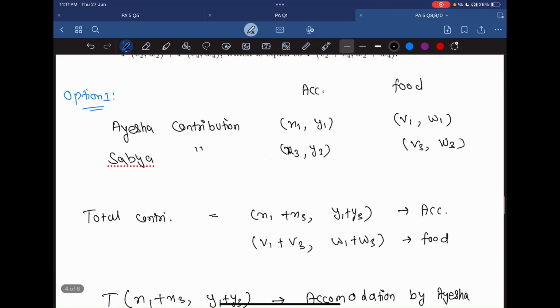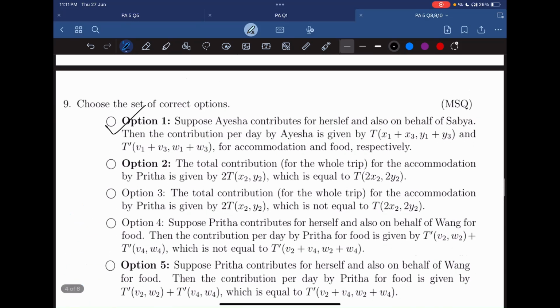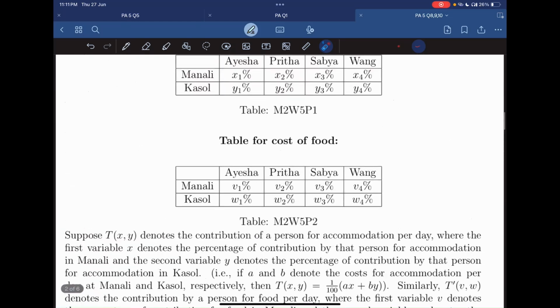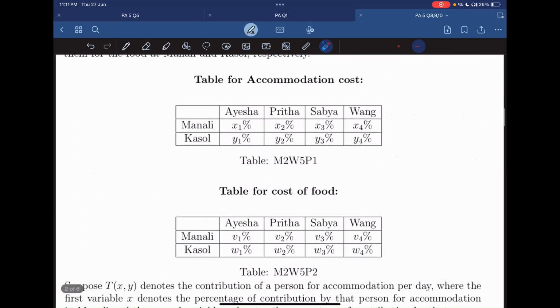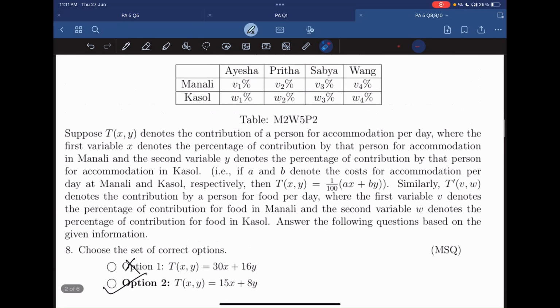So that's why option 1 is correct. Now option 2, the total contribution for the whole trip for the accommodation by Pritha is given by 2 times T of x2, y2, which is equal to T of 2x2, y2. Now as it is given in the question in the starting that they plan to spend 2 days in Manali and 2 days in Kasol, while for 1 day trip contribution for accommodation is given by T of xy, which